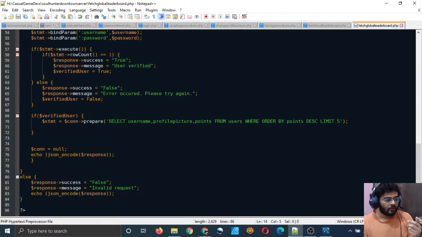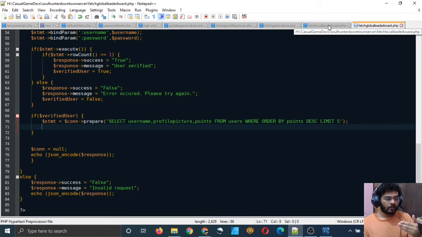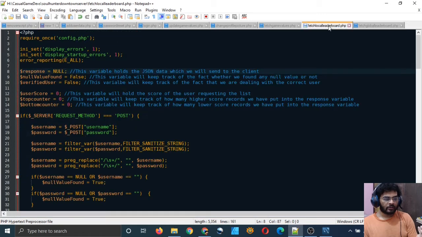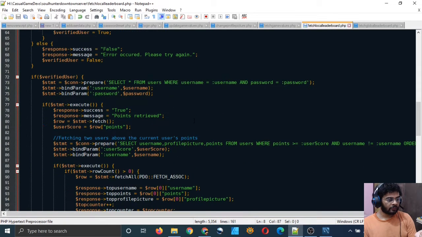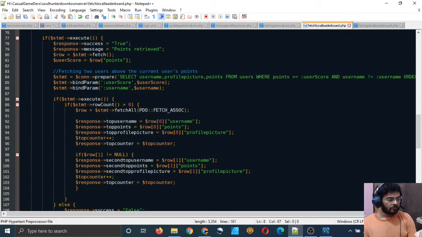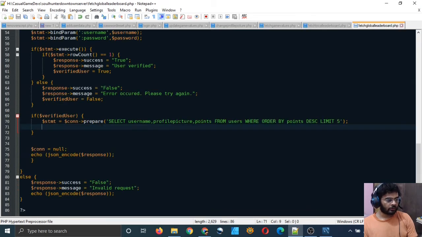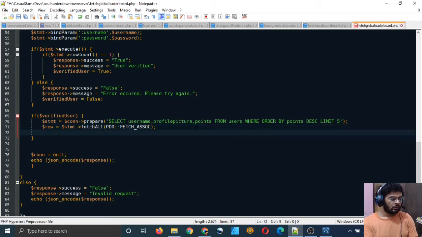Okay. Now, what we will do is that first of all, we need to fetch all the rows in our result which is returned by this. To do that, I think the command was fetch all. Yeah, this command: $row is equal to $stmt arrow fetchAll PDO::FETCH_ASSOC. This will fetch all the rows and put them in my row variable.